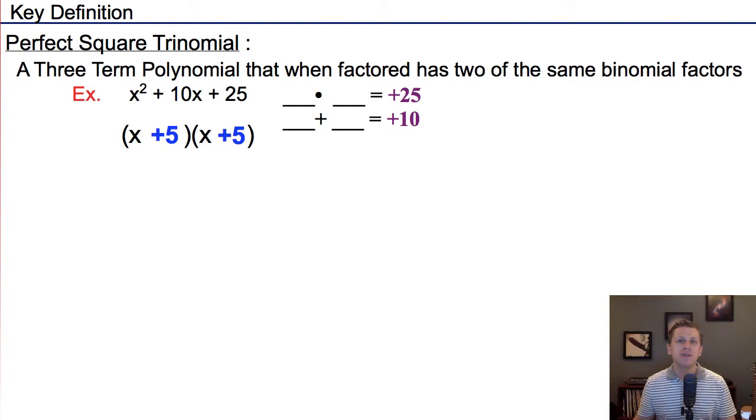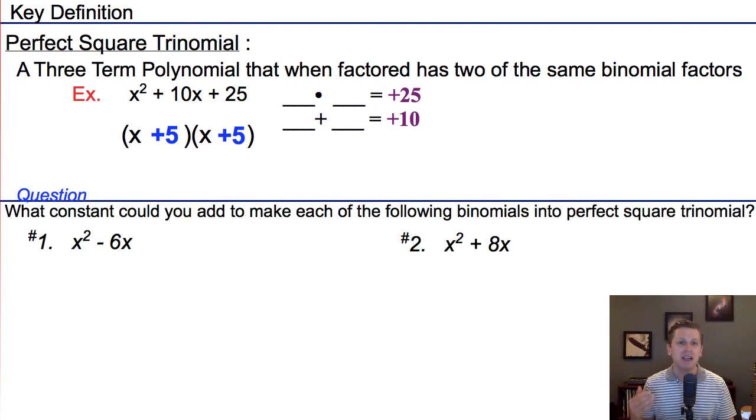One thing that we're going to be doing in this video is learning how to build our own perfect square trinomials. Let's think about these two examples. In both question 1 and in question 2, we have two binomials, and we want to think what constant could we add to each in order to make them perfect square trinomials. Let's first look at number 1. Here I want to know what constant could I add to this expression so that it would become a perfect square trinomial. In order to find that number, you take half of the b value, square it,